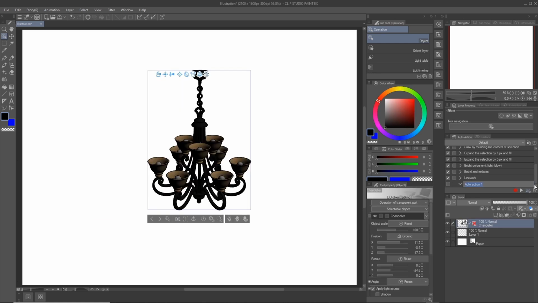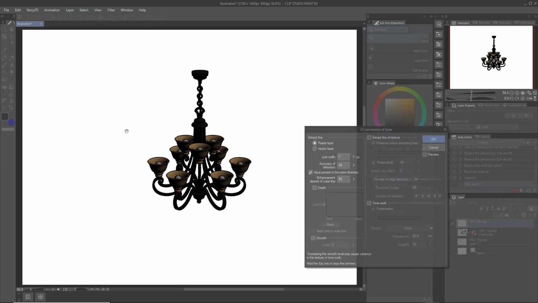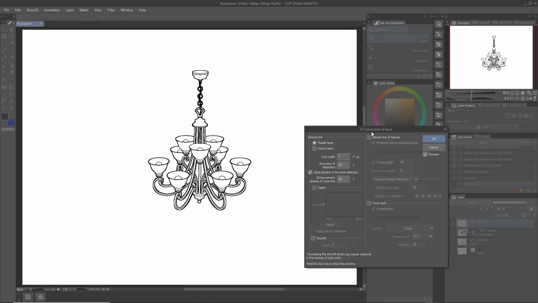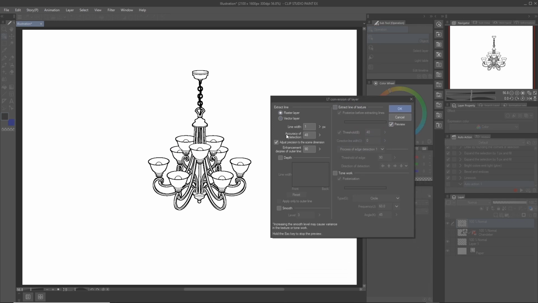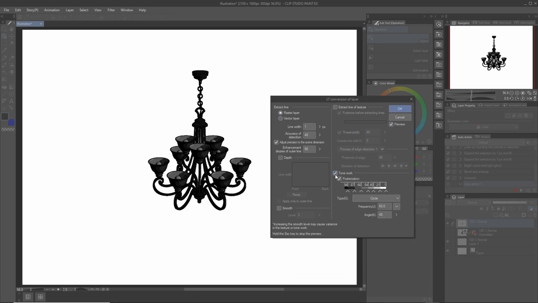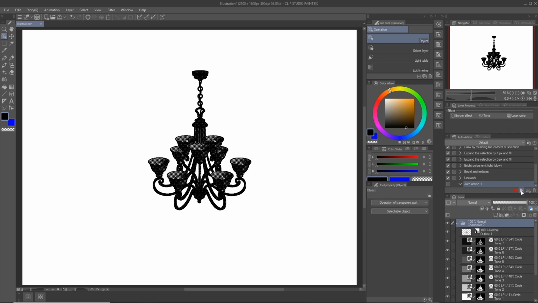And I'm going to create one more auto action. Then I'm going to hit record, layer, LT conversion of layer, hit preview. And instead of just having the line work this time, I actually want to have the tone work. These values look pretty good to me. And when we save this, it's actually going to remember exactly these values. So keep that in mind. Hit OK.